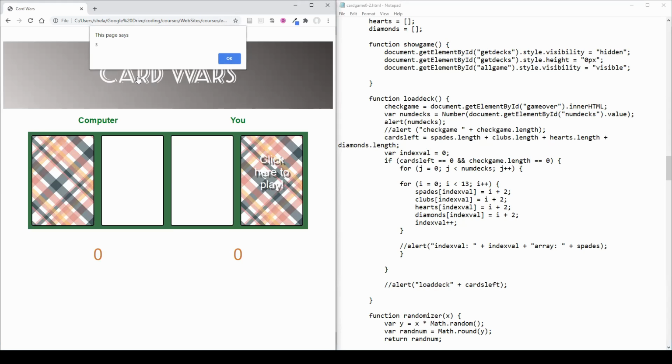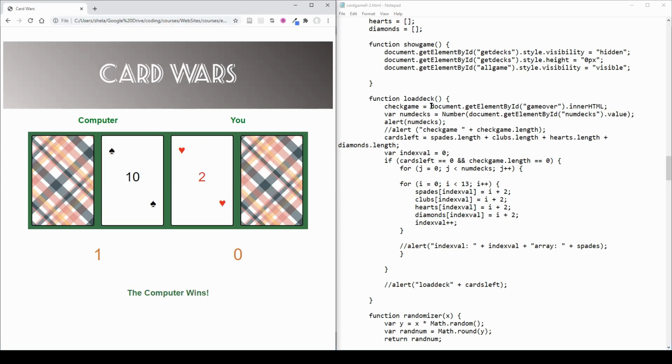Right? It's still sitting there. So I just went ahead and grabbed the value. Of course, I changed it into a number. And then I'm going to use that number, the number of decks, as an outer loop, right? So I want to go through 1, 2, 3 times. So I'm going to go 0 to less than numDecks. So 0, 1, 2 is technically what it's going to be. And for each of those, I am going to run through my 0 through 12 process of adding in the